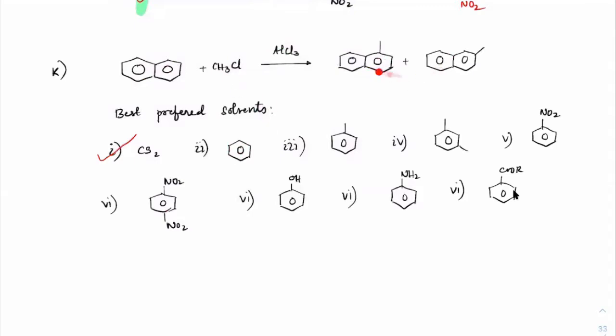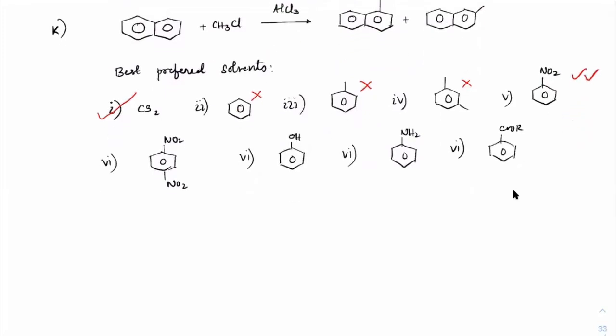So do we get these products beta? No. So should we prefer benzene? No. Toluene. Toluene is even more reactive. So should we prefer that? No. Okay. Xylene. Xylene is even more reactive. Should we prefer that? No. Nitrobenzene. Yes. Very, very ideal solvent, because nitrobenzene will never ever react with Friedel-Crafts reagents. Correct. So that is the most ideal one that we can prefer. Next, 2,4-dinitro. This is even more ideal. It is even more withdrawing.